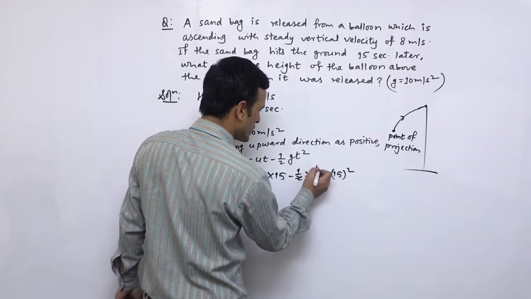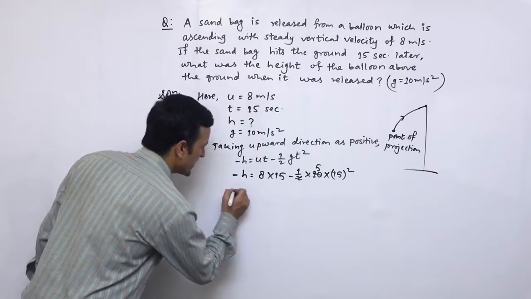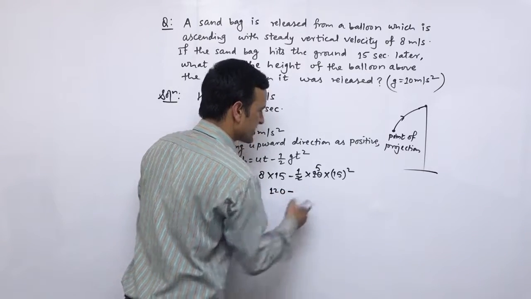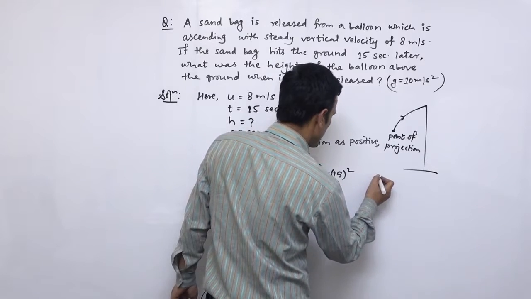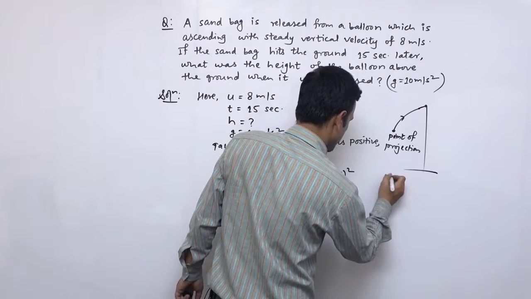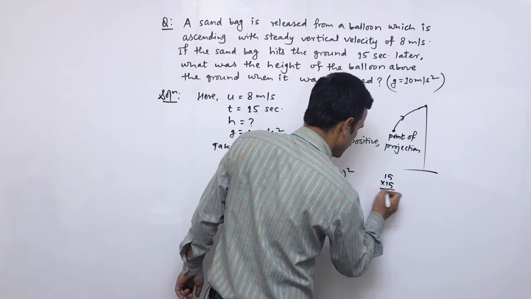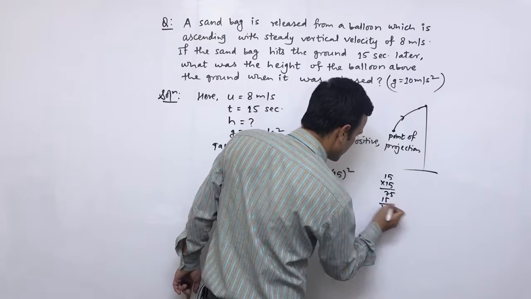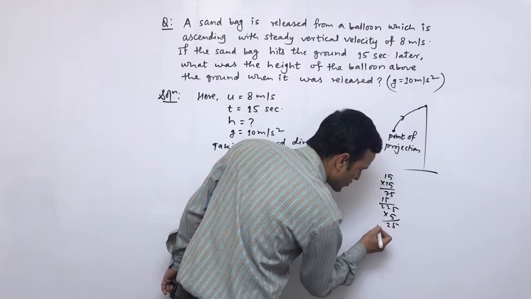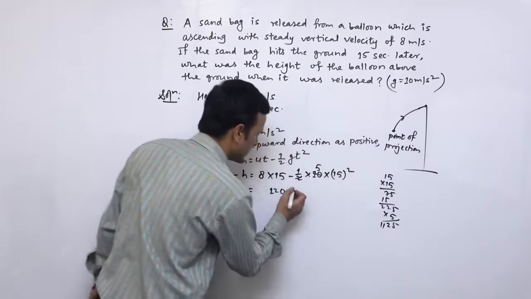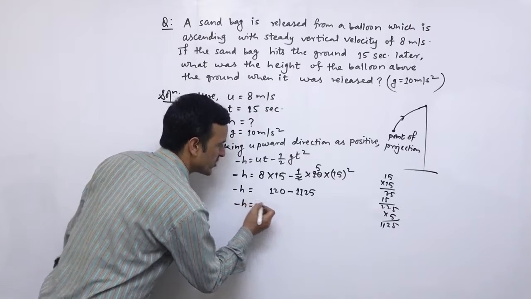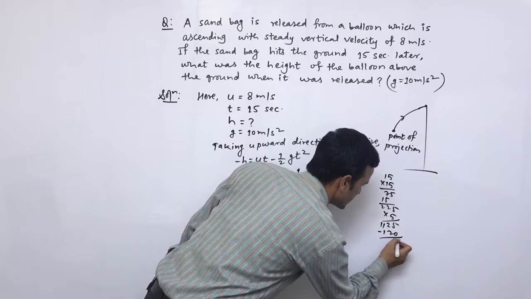So cut down this value, 2 5s are 10. And now we can solve it, 15 8s are 120 minus 15 15s, 225 and 5. So 15 into 15: 15 5s are 75, 15 1s are 15, 225. 225 into 5 means what? 5 5s are 25, 5 2s are 10, 10 and 2 is 12, 5 2s are 10, 10 and 1 is 11. So it will be 1125. So minus h is equal to